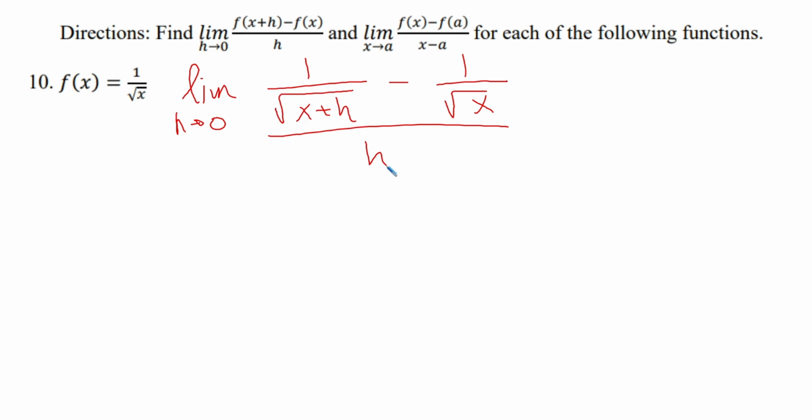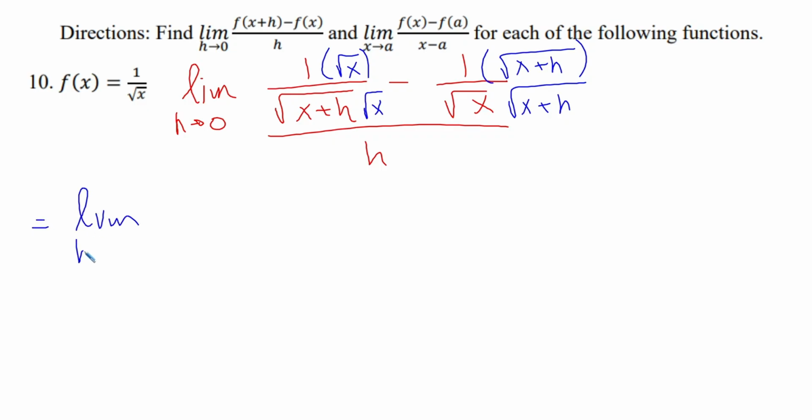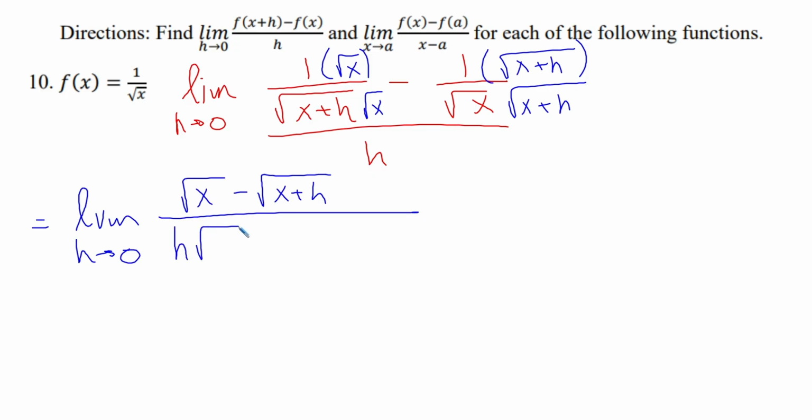But it's also got the radicals in it, so we're probably going to have to do some stuff with the conjugate as well. So we'll start off by getting the common denominator. And I'm just going to kind of do this here, root x and root x. And this one needs a root x plus h and a root x plus h. So if I do that, we end up with a limit as h approaches 0 of root x minus root x plus h all over this h and root x